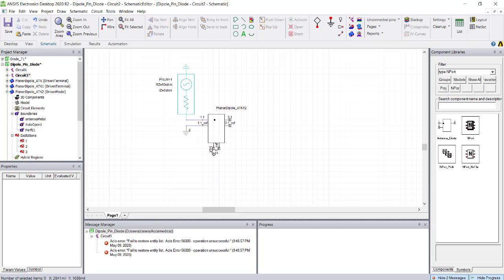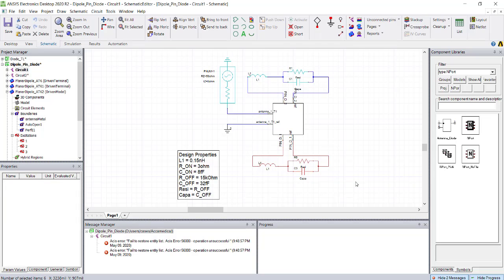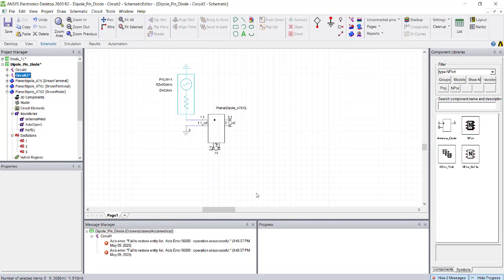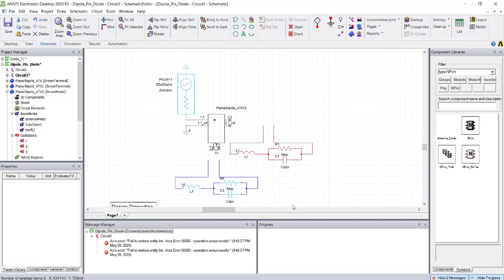Now you can see a 1 watt source connected to the antenna. So in this area we need to place the RLC boundary, RLC combination for on and off cases. Either you can use the S parameter model, or else we can use the RLC circuit, which we already have here. So I'm going to go to this model and just do a Control C, and come over here, putting it back so that we can reuse this combination. Putting one more time and just keeping it here.